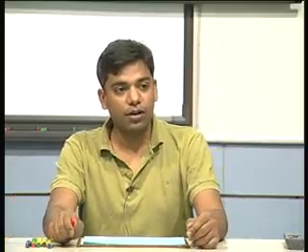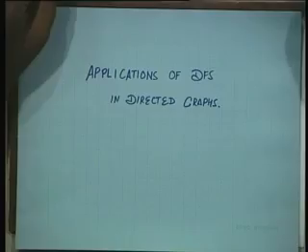So, today we are going to look at more applications of depth first search in directed graphs. Recall that in the last class I had mentioned that we will talk about strong connectivity. We will see how to figure out if a given directed graph is strongly connected or not, and I had defined what strong connectivity means. Essentially it means that between every ordered pair of vertices there is a path in the graph. So I take two vertices, let us say u and v, there should be a path from u to v and also a path from v to u, then we would call the graph strongly connected.